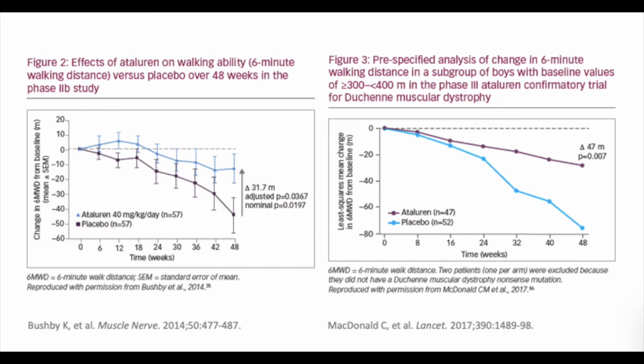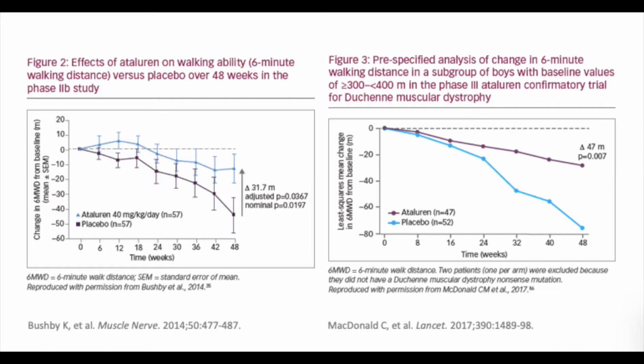And the data in there are 2 studies that I'm presenting just to show you that in the phase 2B trial, we can see using how far a boy would walk in a 6-minute time period. It does show that there is a difference between those boys in blue who are treated versus those who are not treated, a distance difference of over 30 meters. And so this is a significant finding, and it prompted the second study, which was published in the Lancet in 2017,